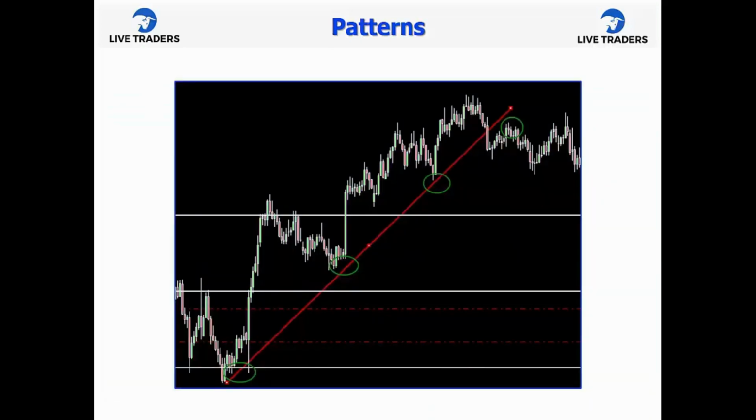Here's another example of it. Look at this. One line, two lines, we drew the lines. Third time it touches it, we buy it, it moves higher. Fourth time it touches it, we buy it, it moves higher. Fifth time we try to buy it, it doesn't work, we lose small money. And what happens on the way back up? The trend line becomes resistance, we sell it, and then we make money